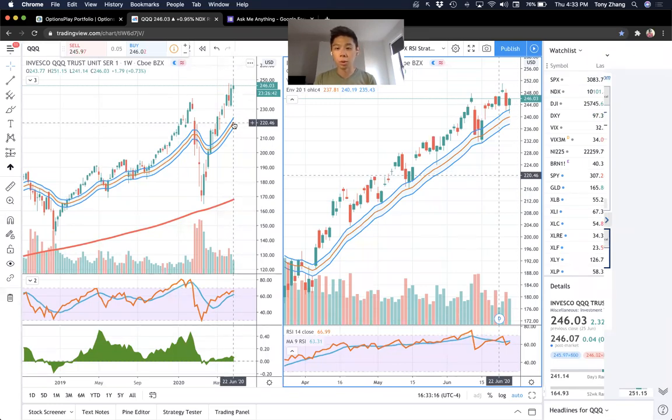But the one thing I do want to point out is that when markets are overbought and you start to see negative divergence, that in itself does not tell you, number one, when it's going to correct, and number two, how far it's going to correct. Those are two things to remember. And that's why we kept saying now is not the time to go out there and buy puts. If you did buy puts, make sure that you take profits on those very quickly. That's the only way to trade short-term plays on this market.